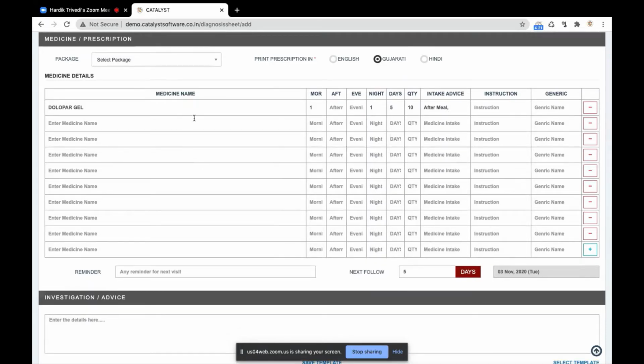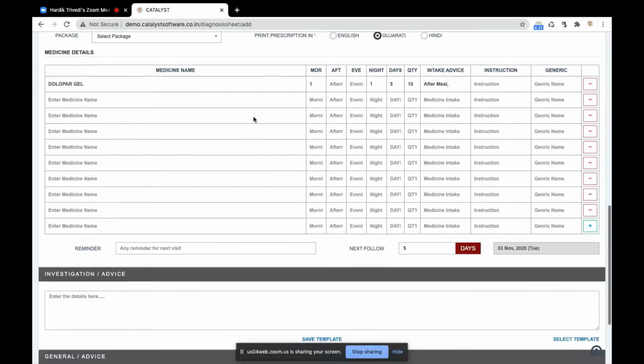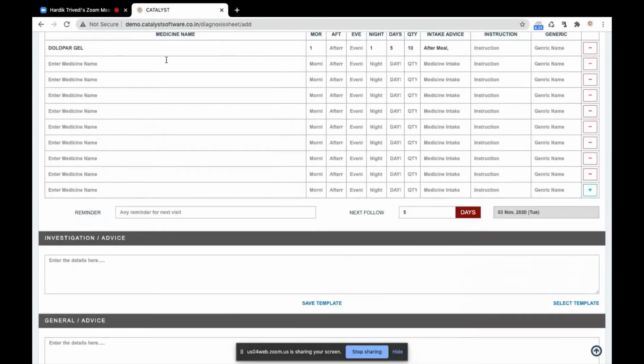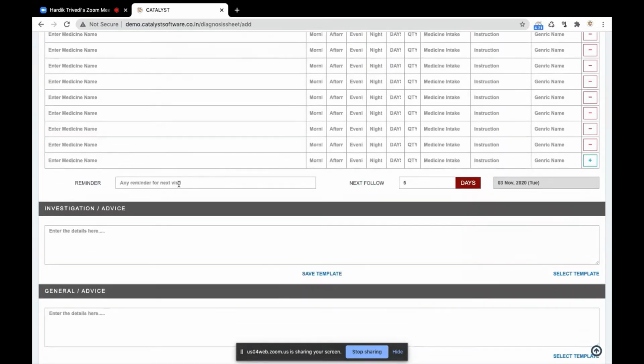So I don't have to write every medicine every time. With simply one click, you get all your medicines here. Likewise, I enter every medicine detail here. Then if I want to make a follow-up plan for that patient, like today you are good, continue this medicine. If we don't get a result, we will do your X-ray next time. So I say to my patient that we will do an X-ray next time.